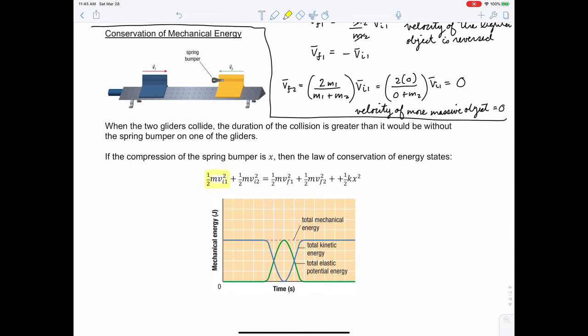The initial kinetic energy of the blue glider plus the initial kinetic energy of the yellow glider is equal to the final kinetic energy of the blue glider plus the final kinetic energy of the yellow glider plus the elastic potential energy